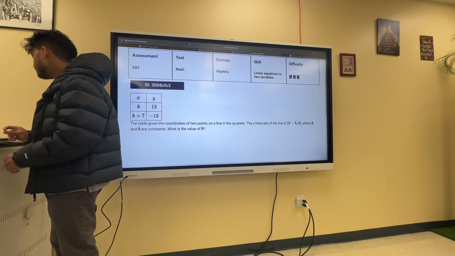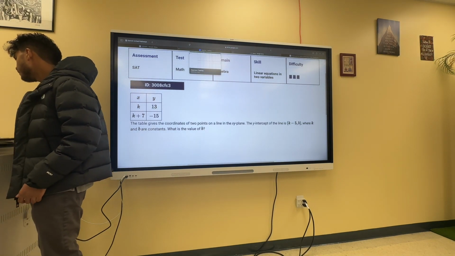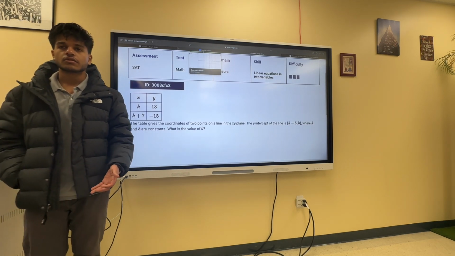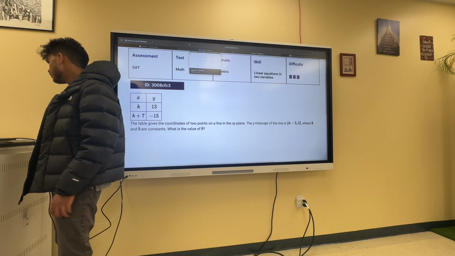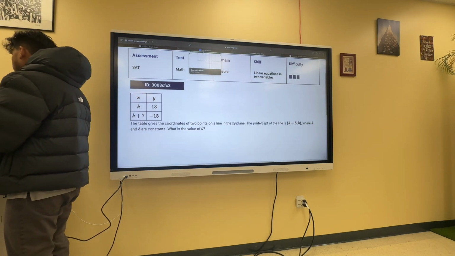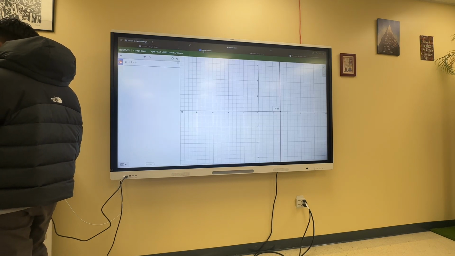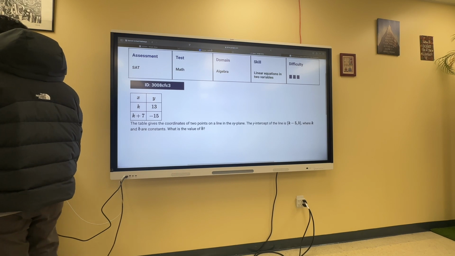Okay, so we can just use Desmos again for this, or you can just solve it by hand. k minus 5 is equal to 0. Just set that equal to 0, and solving for k, you get k equals 5, right? So once you find that, you know that k is equal to 5. All you have to do now is plug these points into Desmos, and this is another key